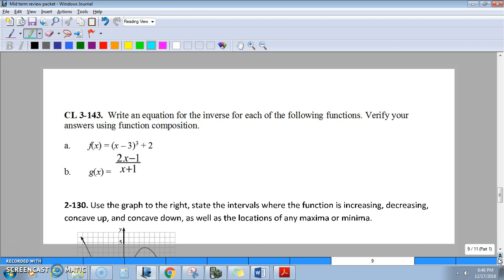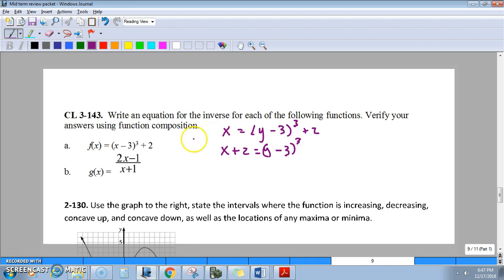All right. Write an equation for the inverse of each. Okay, switch the x and the y and then solve. You guys can probably skip this because I bet you did this on your own. We switch the x and the y, so we have x equals y minus 3 cubed plus 2, so add 2 to both sides. X plus 2 equals y minus 3